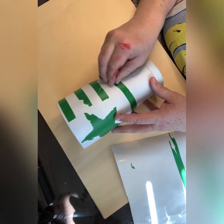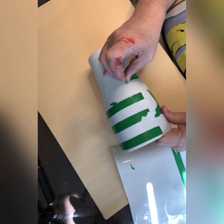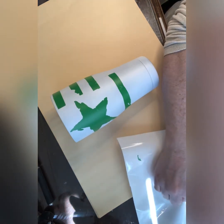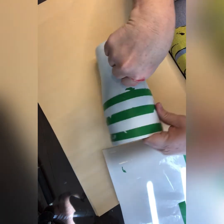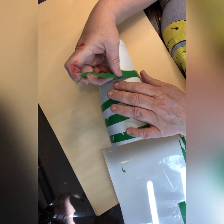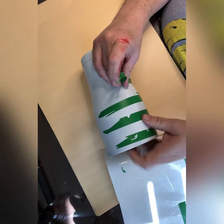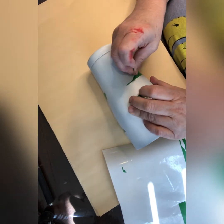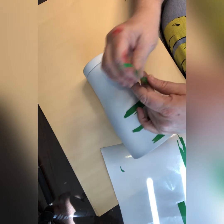And on this curve it's always hard to get that one straight, but again, this is distressed, it's not perfect. And I pick up that back piece and see if it's long enough. Sometimes I cut it too short, which this one I did. I'll have to fix it here in a minute. Yep. On this